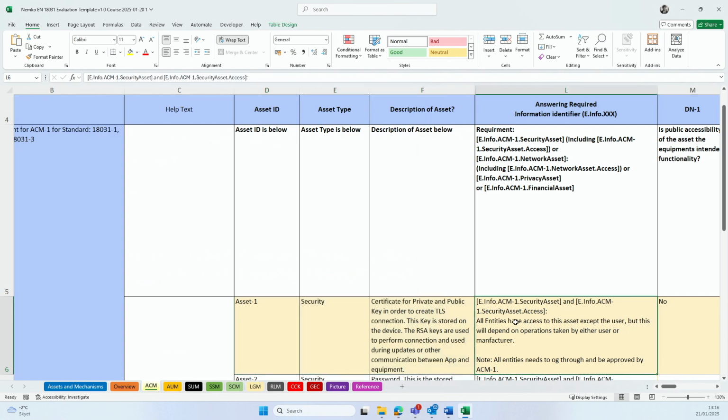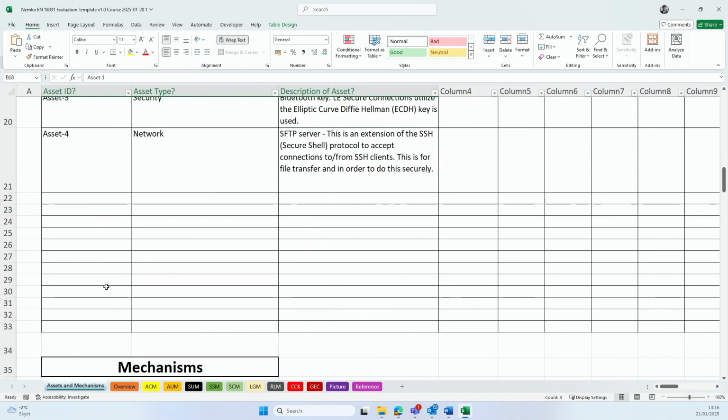Let's see what the manufacturer says. All entities have access to this asset except the user, but this will depend on the operation taken by either the user or manufacturer. Note, all entities need to go through and be approved by ACM1. So ACM1, what does ACM1 stand for? Of course, if we go here,